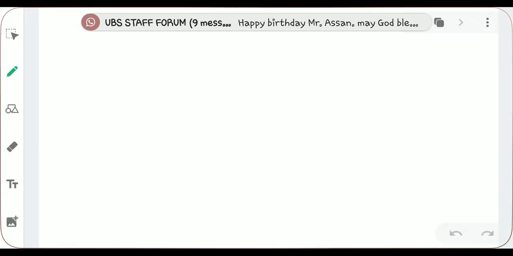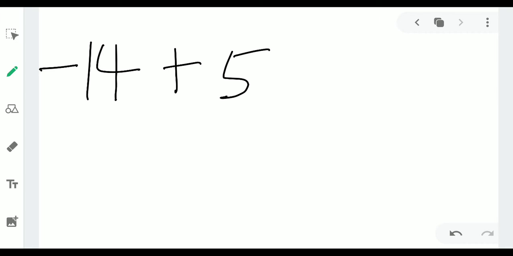So what you do is, the first one says 14 meters below, so that will be negative 14, plus the other one says 5 meters above, so plus 5. Negative 14 below, positive 5 above. So the relative position is negative 9. So the relative position in the water is negative 9. This is the mathematical form of the word problem we have just read.